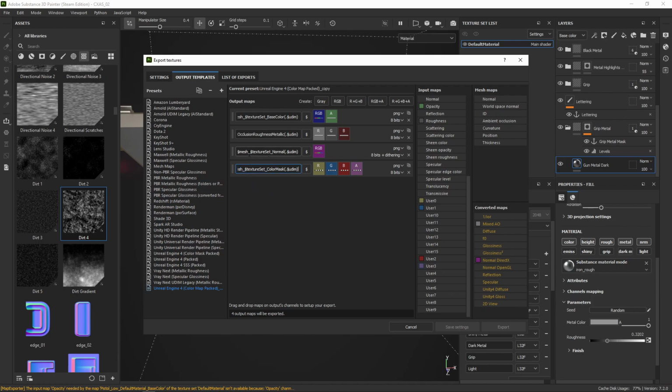You can do this yourself. You can just copy this one and then replace texture set underscore normal with texture set underscore color mask, and leave everything else the same. And then